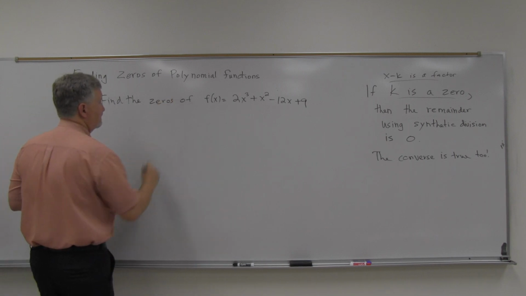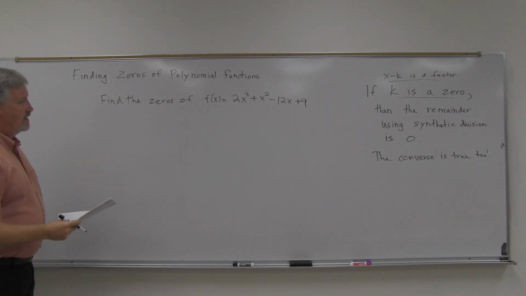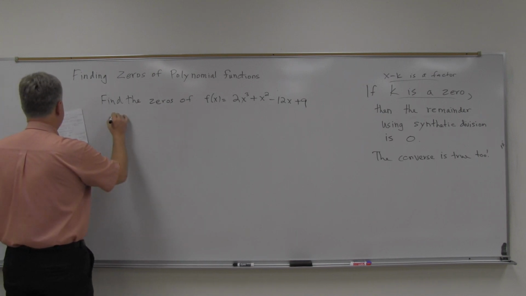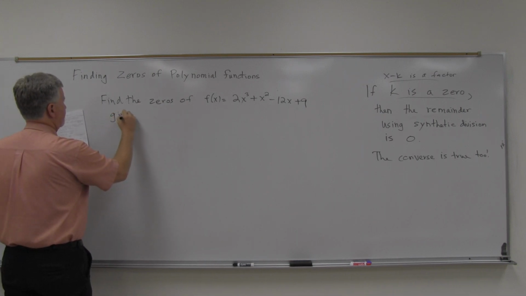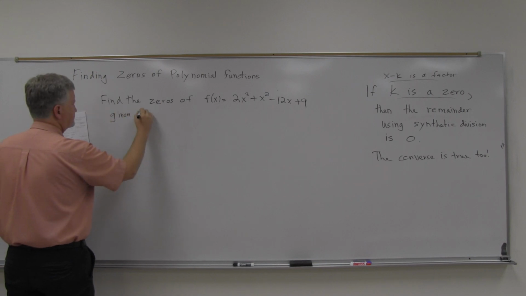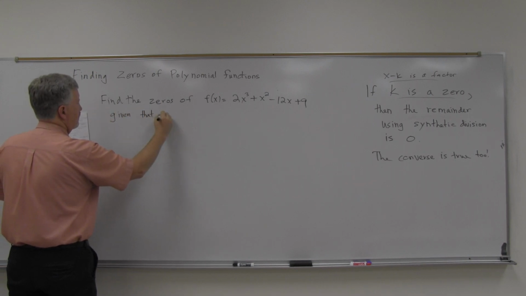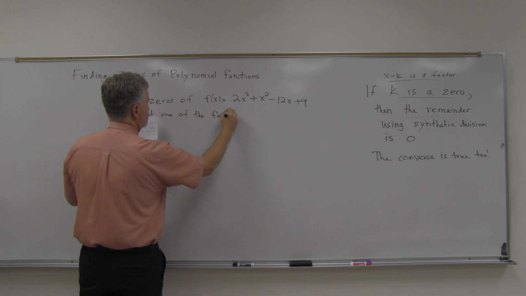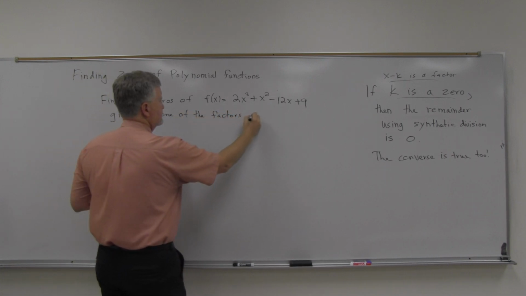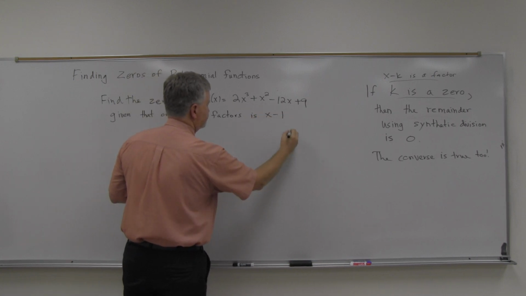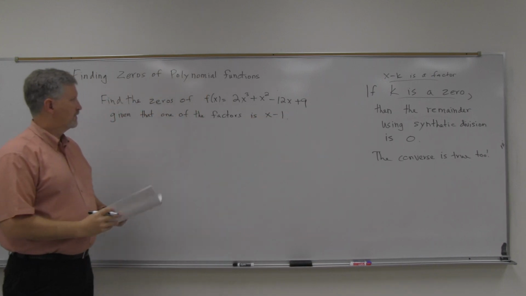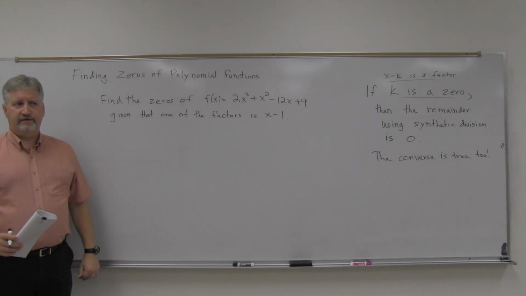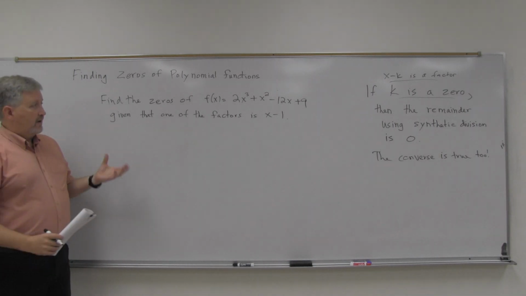Find the zeros of f of x equals 2x cubed plus x squared minus 12x plus 9, given that one of the factors is x minus 1. I believe this is the way this book will ask this particular problem. Now,